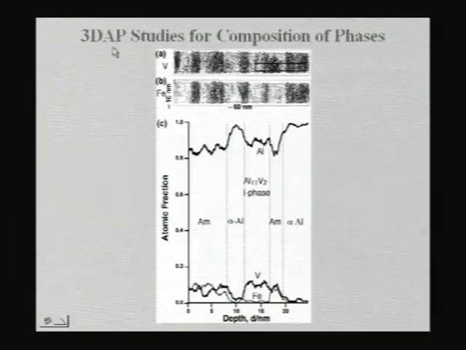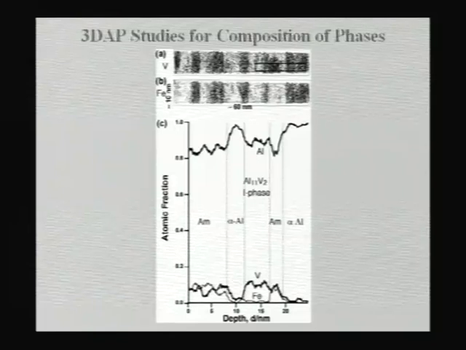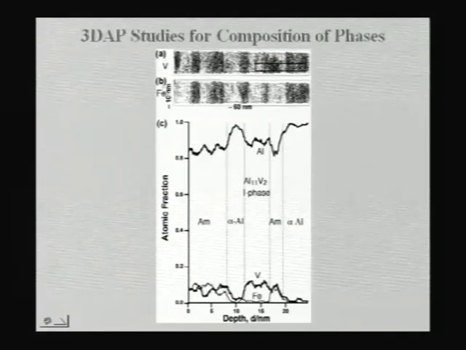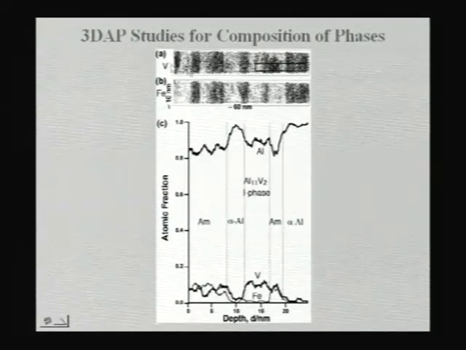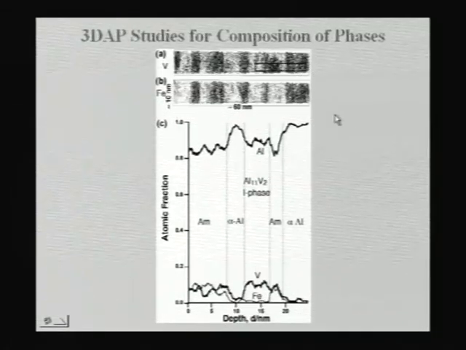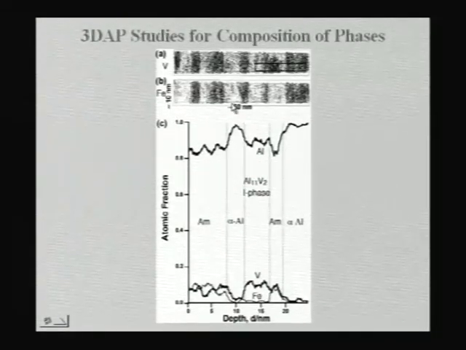This is what is called 3-dimensional atom probe studies. I have talked to you earlier about this technique where you can really see atoms, and whatever dots that you are seeing here, each dot represents an atom. Because this is an aluminum iron vanadium alloy, here only iron and vanadium compositional mappings are shown. Because if you show aluminum, aluminum will be 94%, so everything looks black because all these parts will completely fill that volume.